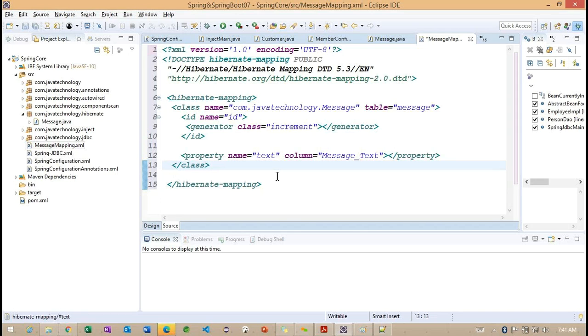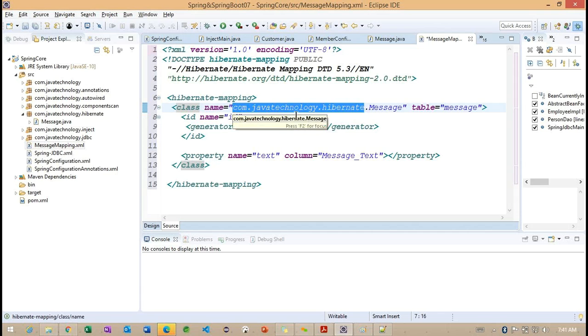So observe carefully what I am doing here. Here we are having the package called com.javatechnology.Hibernate.message. So up to this is the package name.